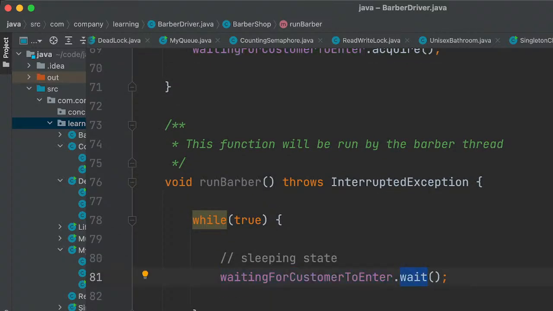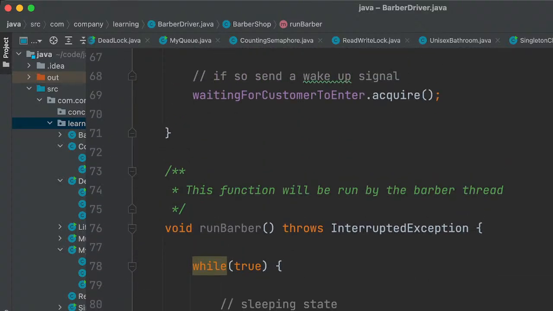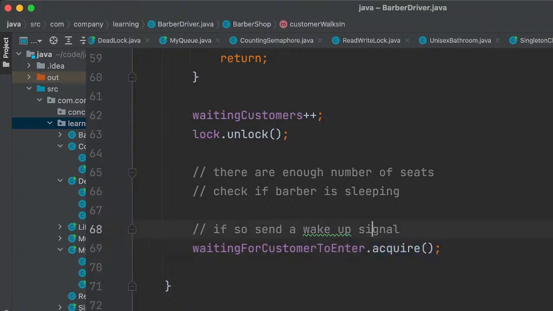Let me check what exactly is the behavior of the semaphore. I'm not entirely sure on this wait and signal part. Wait and signal in Java. Let me check. Give me 2 minutes. I need to get this information regarding the wait and signal.